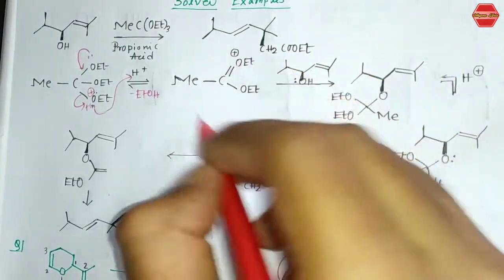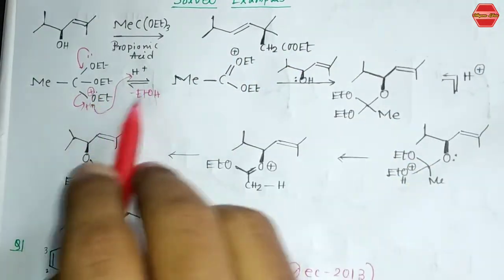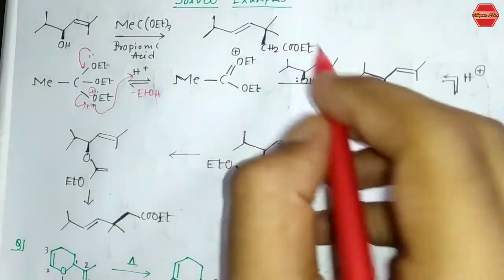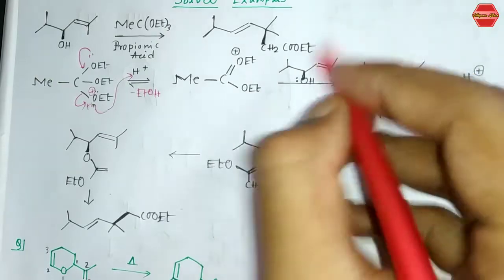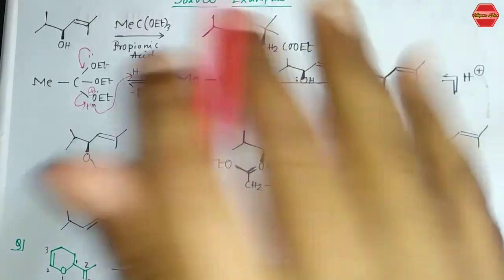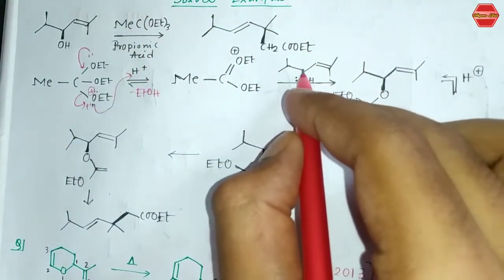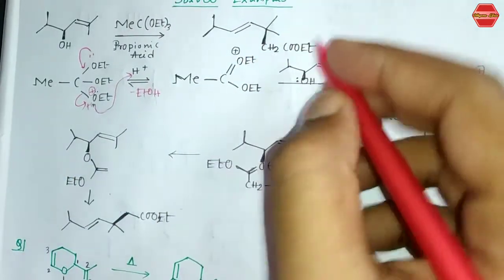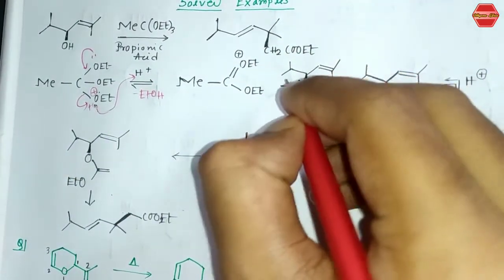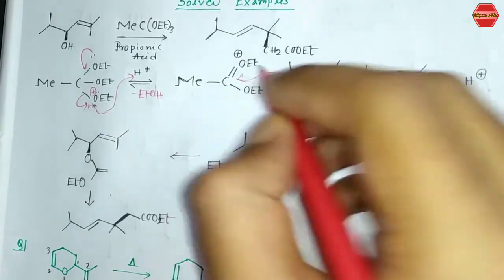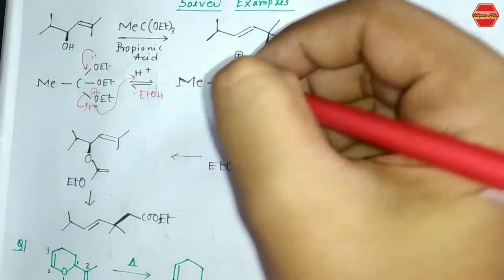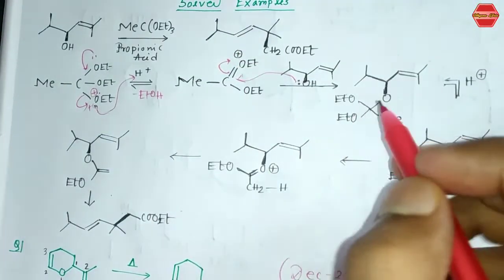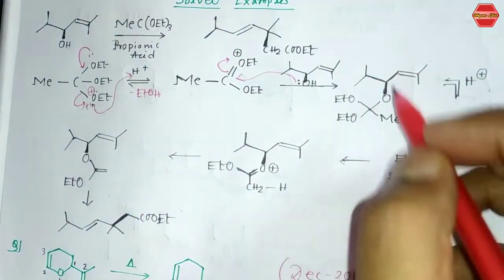Now you have this kind of derivative after this elimination of ethanol, and now you have the given substrate, that is the allylic alcohol. The most important thing is that the stereochemistry is given to you, that is above the plane, right? That is a beta bond. Now this oxygen has a lone pair, so it will directly attack this center. Now it is basically an electrophilic center, so it will attack over here, and these bonds go back to this OEt center. Now you are getting this kind of intermediate.